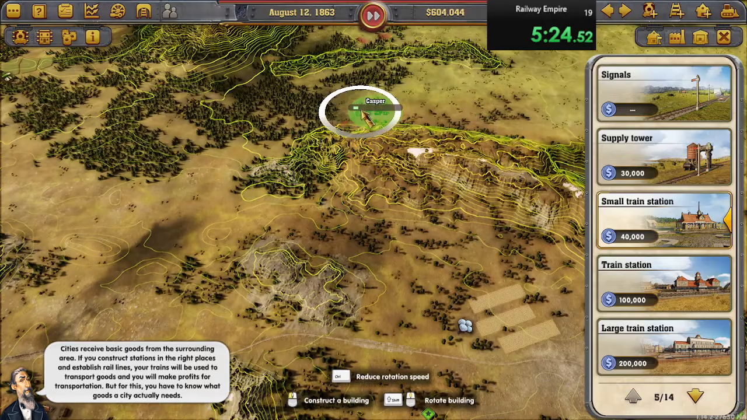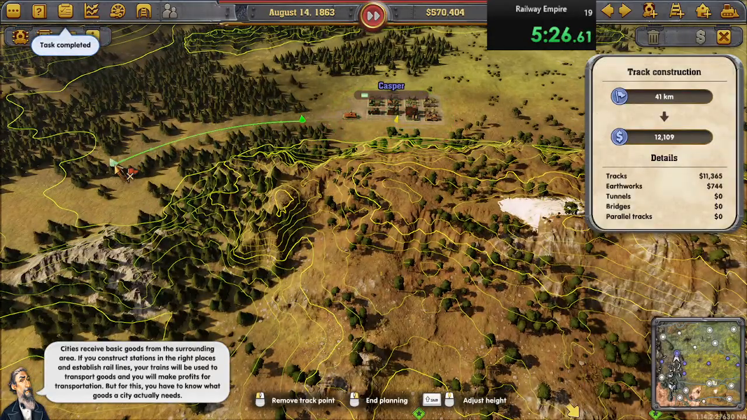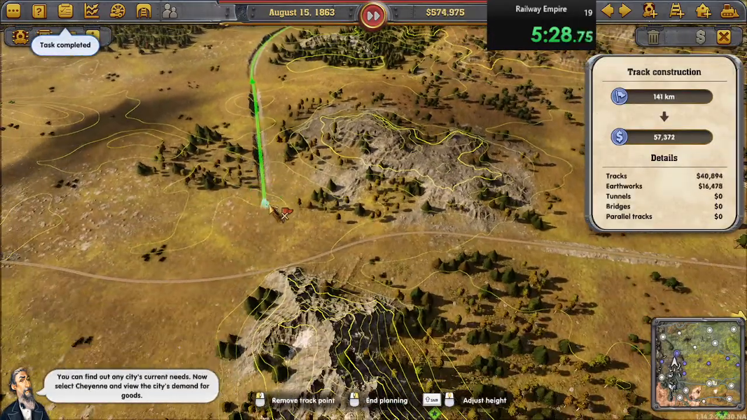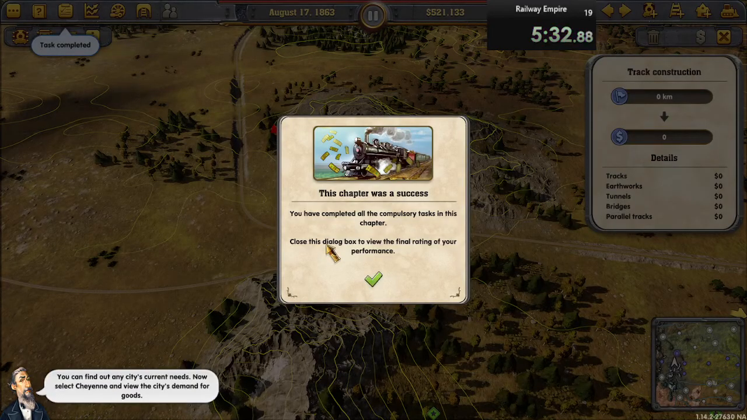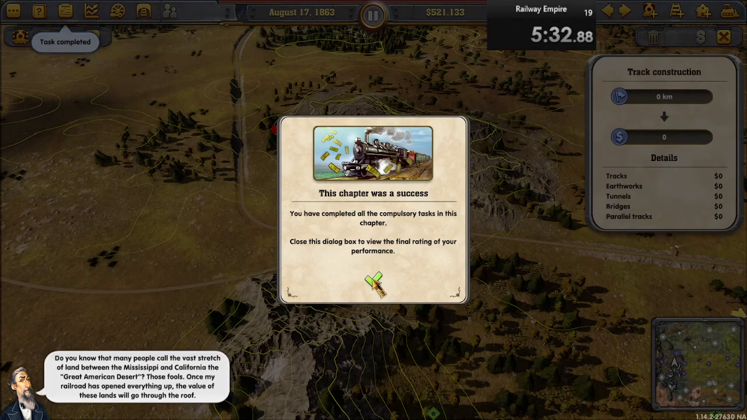But for this, you have to know what goods a city actually needs. You can find out any city's current needs. Now select Cheyenne and view the city's demand for goods. Do you know that many people call the vast